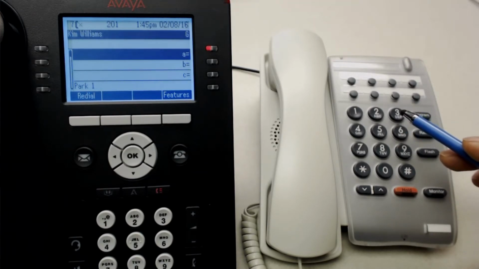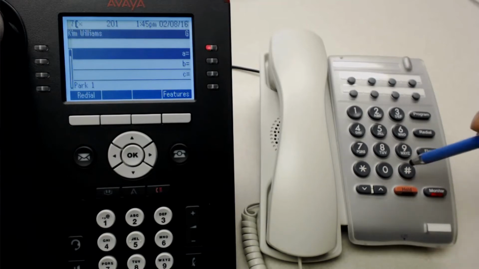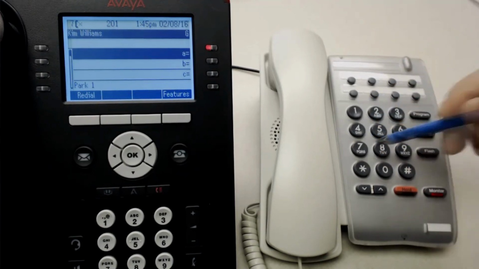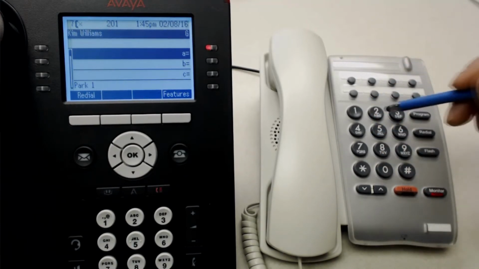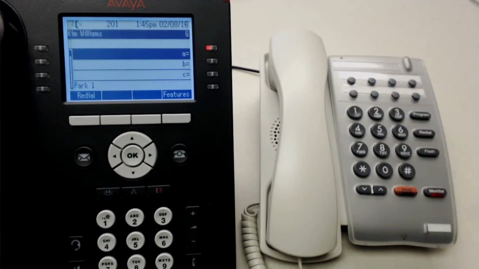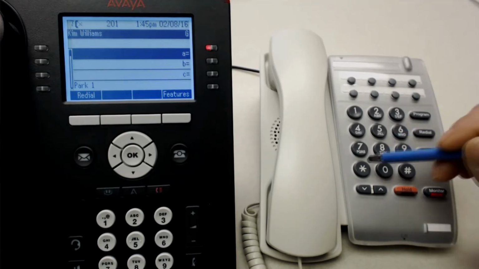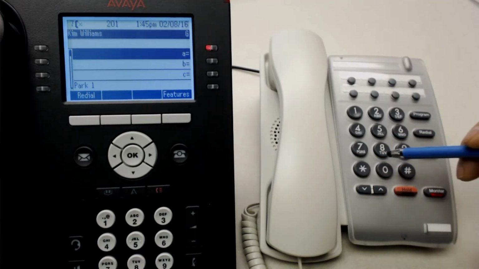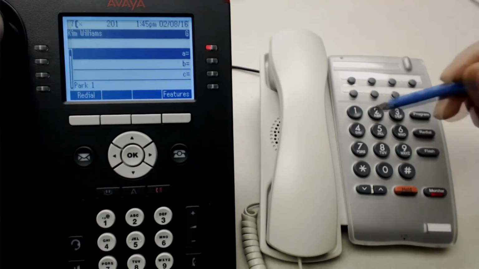So let's see where you change the password. That would be under *17, of course. Please enter your mailbox number. 208. You have no new messages. And now we do *05. I'm sorry, *04. Please enter your passcode. We put in the current password,